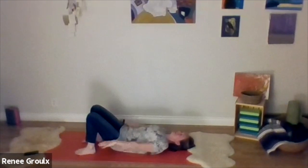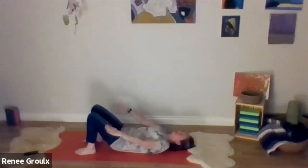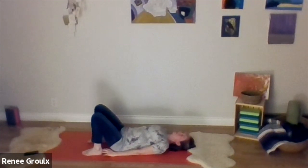Last one, inhale 1 vertebrae at a time as we peel the hips up to the sky. And then exhale, coming down, again, releasing 1 vertebrae at a time all the way down. Hands coming down last. Last one, we're going to come up to a full extension of bridge. So if you've got a block